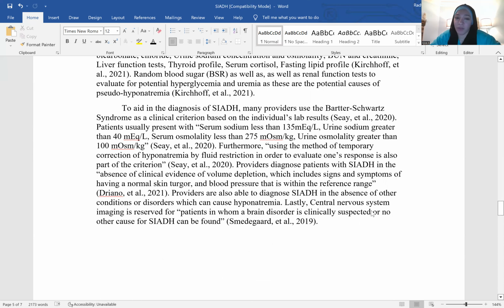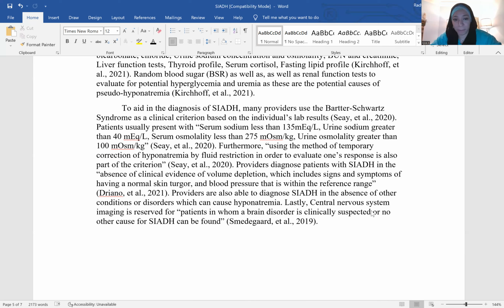To aid in the diagnosis of SIADH, many providers use the Bartter-Schwartz criteria as a clinical criterion based on the individual's lab results. Patients usually present with serum sodium that's less than 135, urine sodium that's greater than 40, serum osmolarity that's less than 275, urine osmolarity that's greater than 100. Furthermore, using the method of temporary correction of hyponatremia by fluid restriction in order to evaluate one's response is also